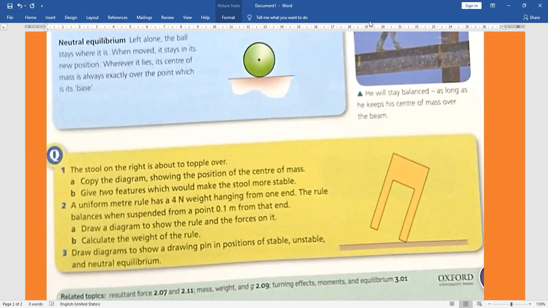Draw the diagram to show the drawing pin position in stable, unstable and neutral equilibrium. थंब पिन होती है ना, थंब पिन की आपने फिगर बनानी है। उसका जो फेस वाला हिस्सा होता है वो नीचे की तरफ हो, फिर पिन वाला हिस्सा हो। और फिर इसी तरह न्यूट्रल कंडीशन में दिखाना है, तो आप उसको लिटा देते हैं, फिर वो घूमती रहती है, अपनी पोजीशन को चेंज नहीं करती। इसकी ड्राइंग आपने बनानी है।